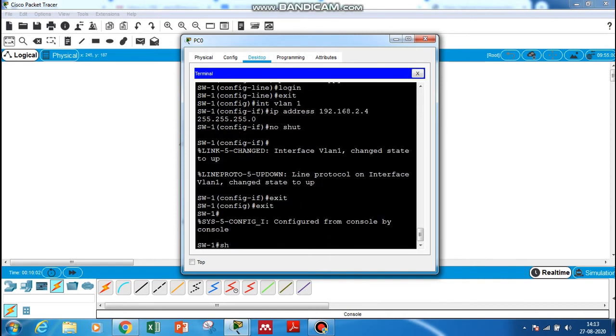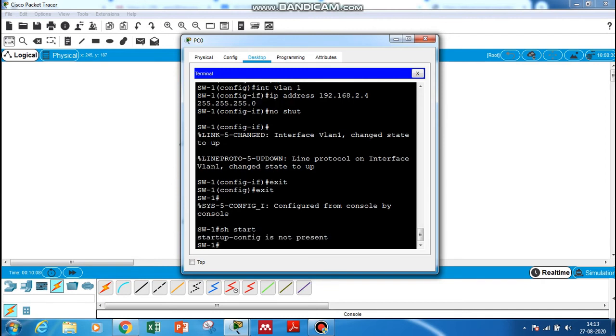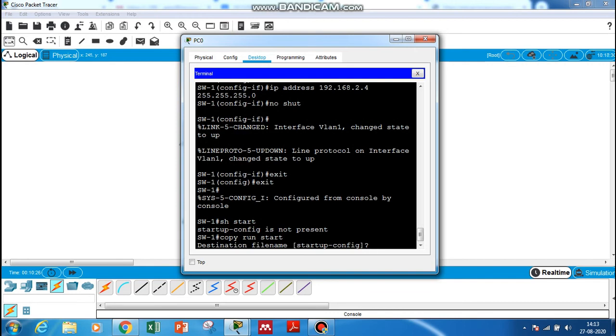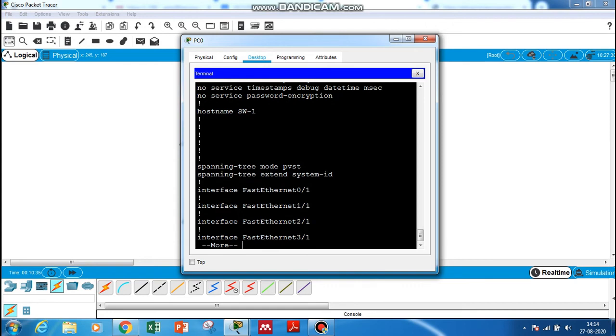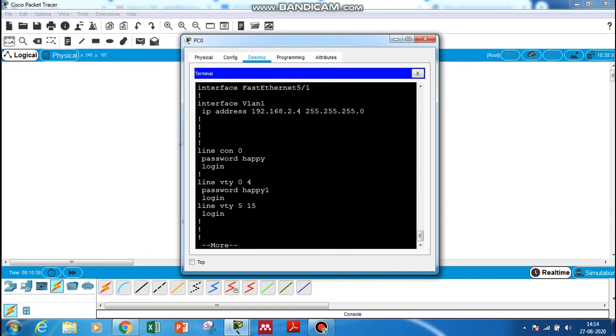So I told you there are 2 memories. So let us just go to the start. The one more memory, which is the permanent memory, is the startup memory. So it says that startup configuration is not present because we have not saved all the running commands into the permanent memory. So how to do that? To do that, it is copy run start. So press enter. It will ask for the destination file name, just give an enter. It will say building configuration, okay. Now we will check show start. So the startup memory has the few details which we have configured: the host name, we have configured the line console 0, we have configured a password for it and everything.